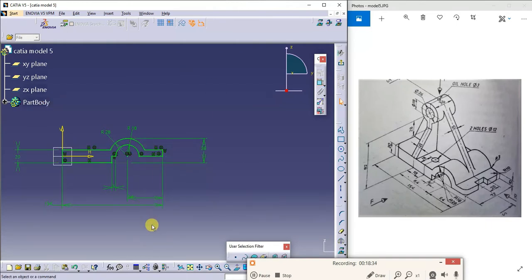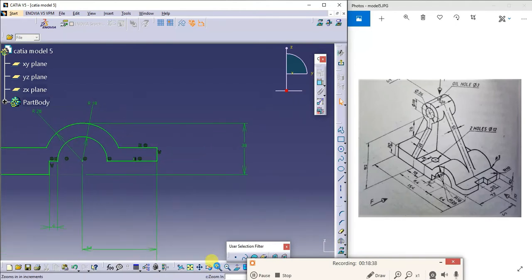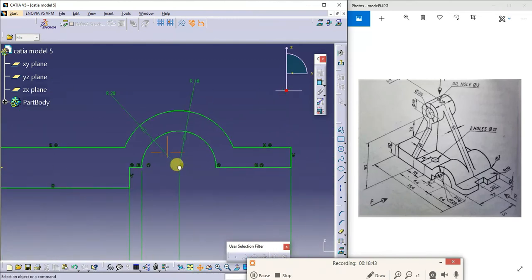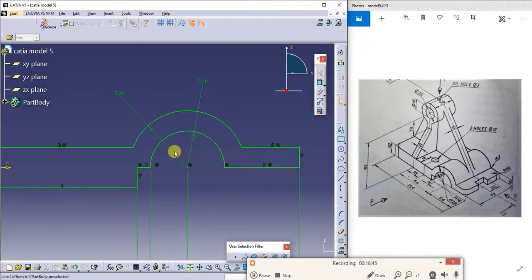Now I'll try to zoom this a little bit. All the lines are joining properly. So I'll exit from the workbench.